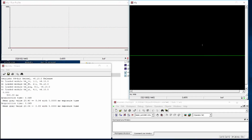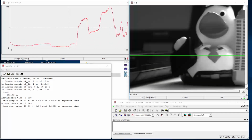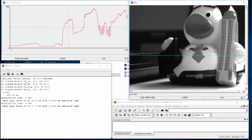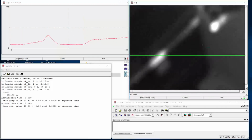Okay, so we have a black image now again. And so I remove the cap here again and look again at this object. And so, of course, doing this is not very interesting, or it's very difficult to say without having a real constant illumination that there is actually any type of non-uniformity in the sensitivity, because we have different illumination and we have a different reflectivity of the object and all these kind of things. So obviously, to do things like that, I have a camera and a lens now,